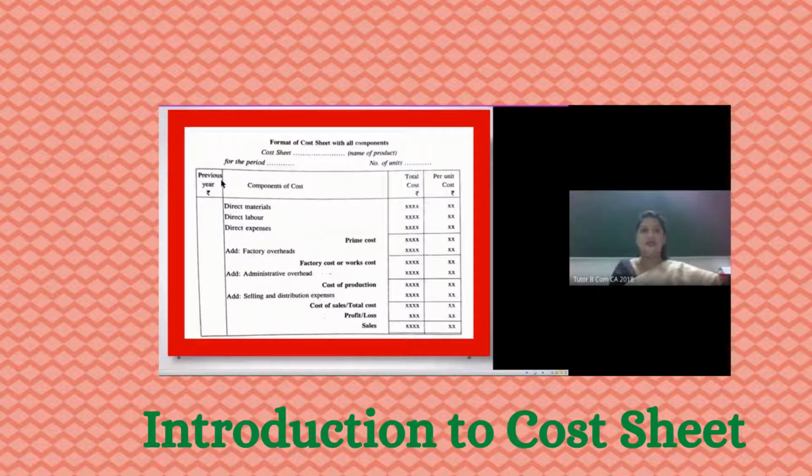That is very much important for us, because once we arrive at the total cost, we know that, yes, this is it. This is the total cost involved in the production of a particular unit of product, or maybe it can also be associated with rendering of a service. Maybe it can be the cost associated with a particular department. But I know that this is the total cost. Now it will be very easy for me to arrive at my sales.